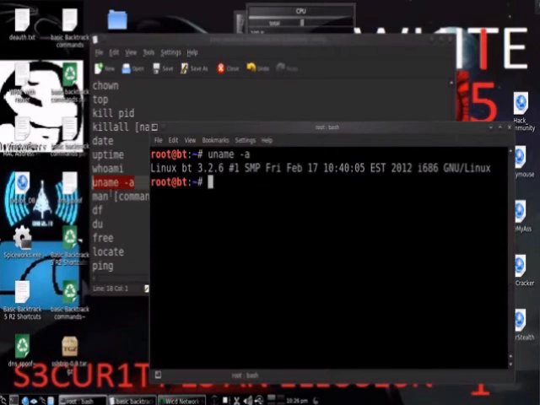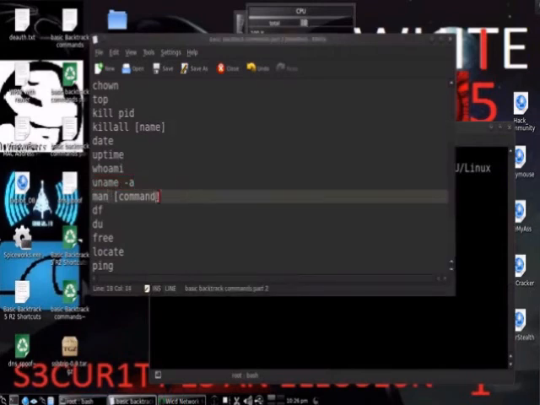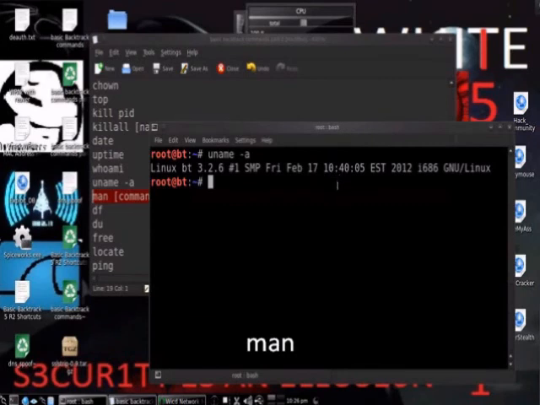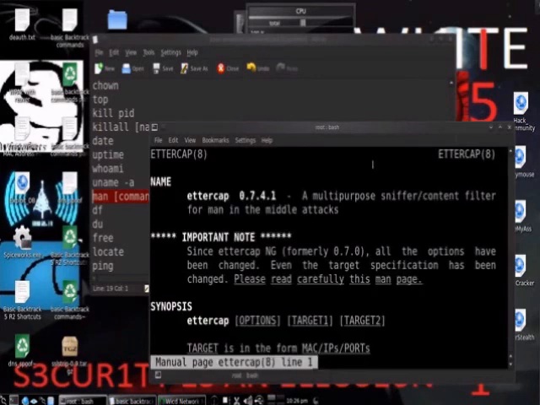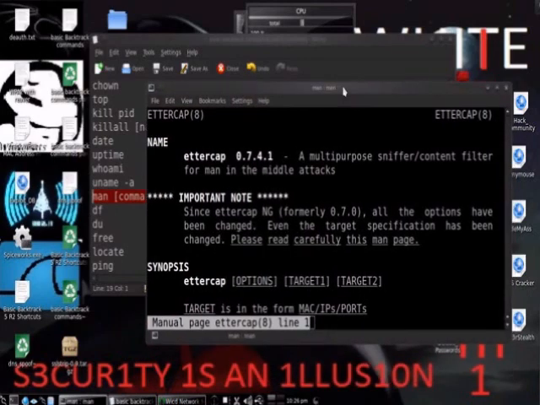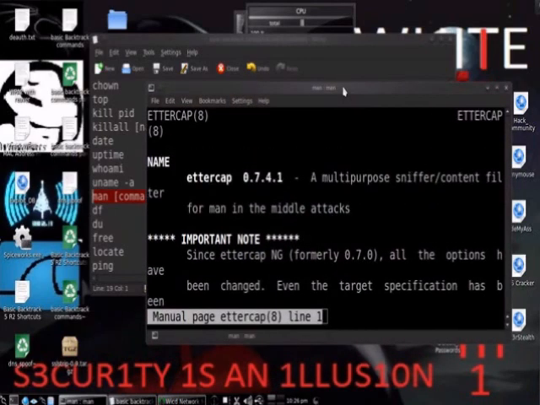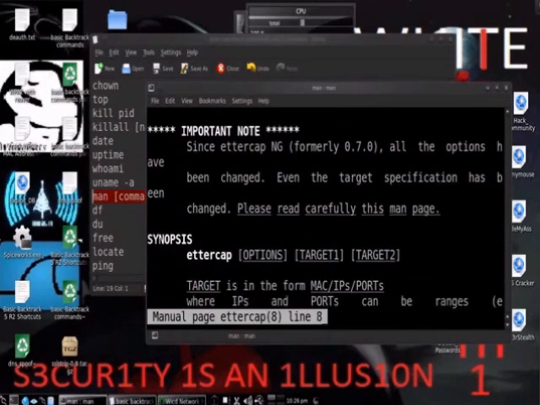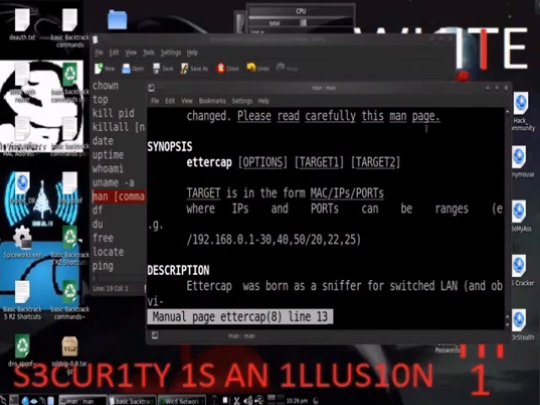Next, we will look at the man command. So what man allows us to see is the man page or description page of a program or a command line option. As you can see, I am demonstrating ettercap through here. So as you can see, it gives some information on